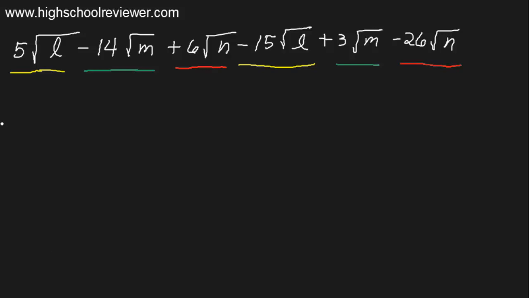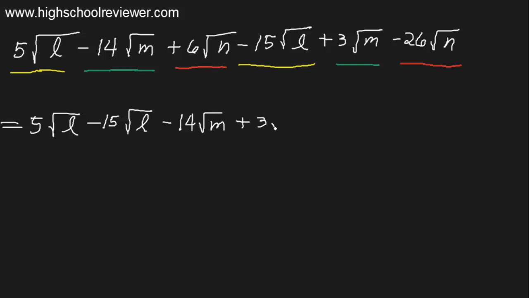So combining, we will have 5 square root of L minus 15 square root of L, and then minus 14 square root of M plus 3 square root of M, and then we have plus 6 square root of N minus 26 square root of N. So subtracting and adding, we have